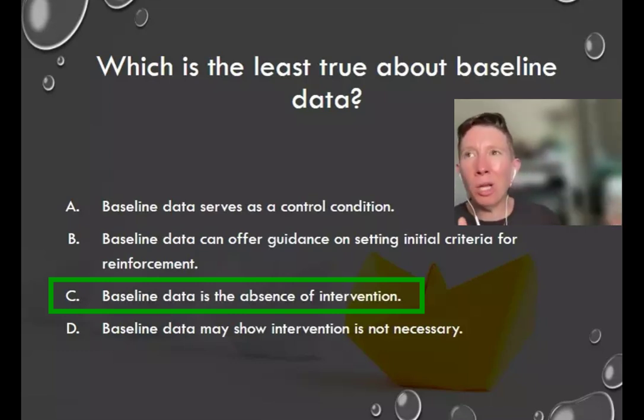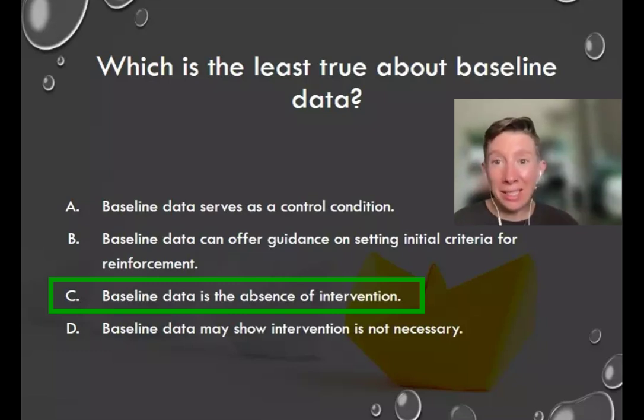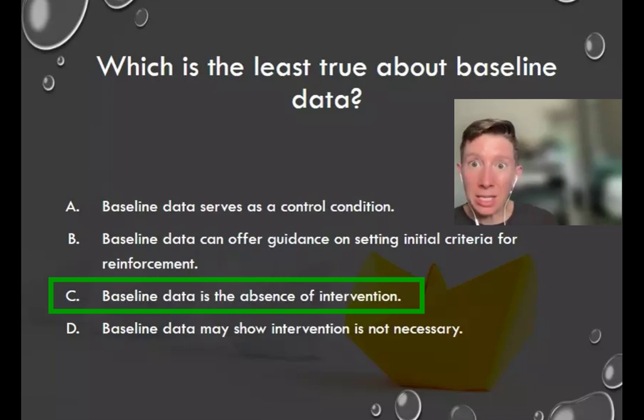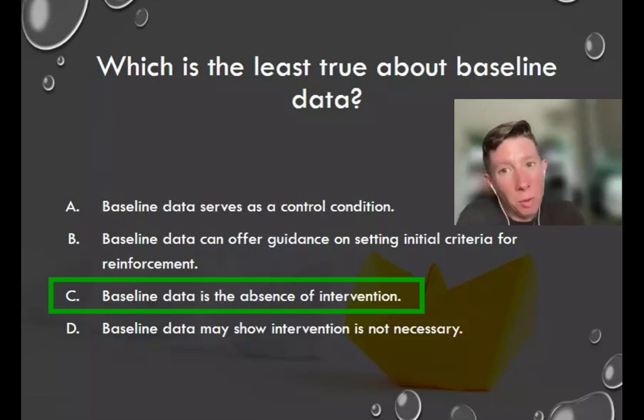Sometimes a teacher will have already been implementing class-wide support for certain behaviors. And then you may come in and collect baseline data, but there's not an absence of intervention there. There's already a class support that the student is a part of. That's a formal intervention that's already in place. There also may be non-formal interventions or non-formal variables that are already affecting the behavior,